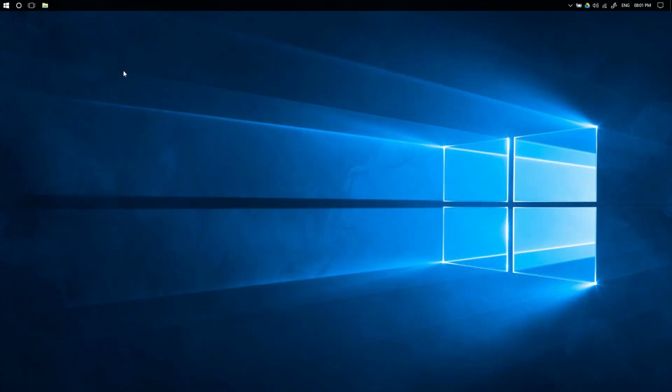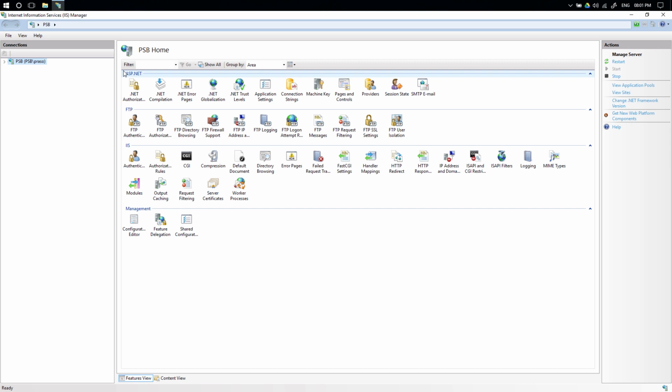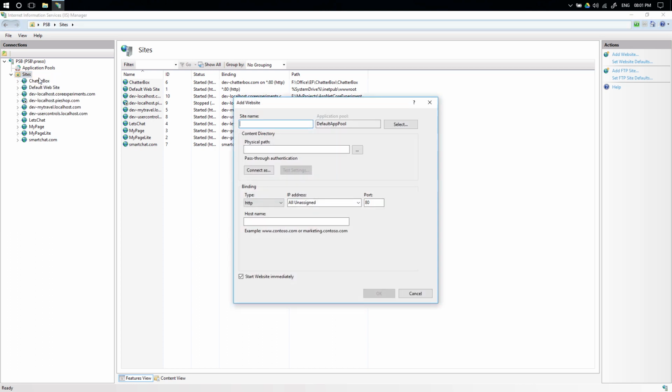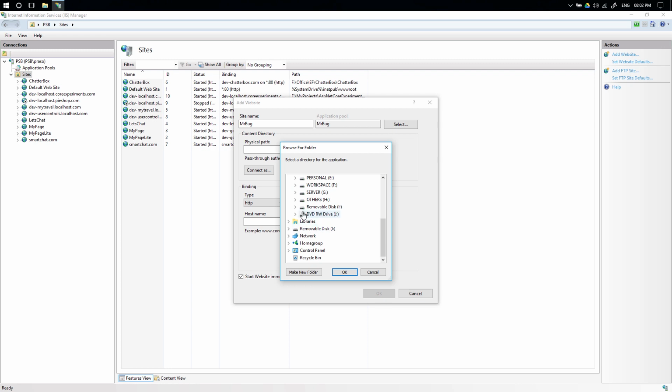Since we already installed IIS, I will press the Windows key and type IIS as a shortcut to reach IIS. Now click Expand. Since I installed IIS long back, I do have a few sites in it. To create a new website, right click on Sites and select Add Website. And point to the physical path of the folder where we kept the index file, that is server localhost Mr. Bug.